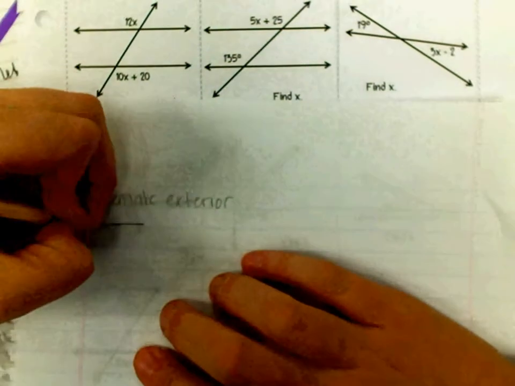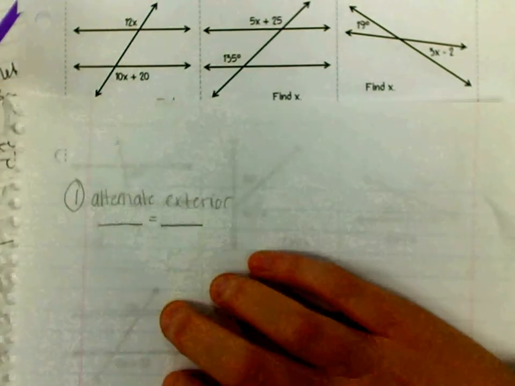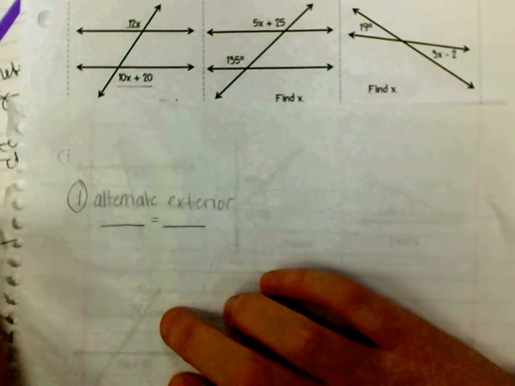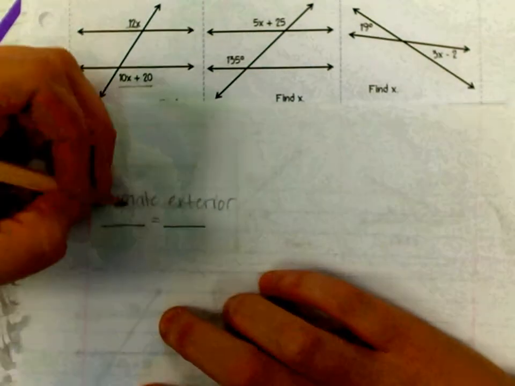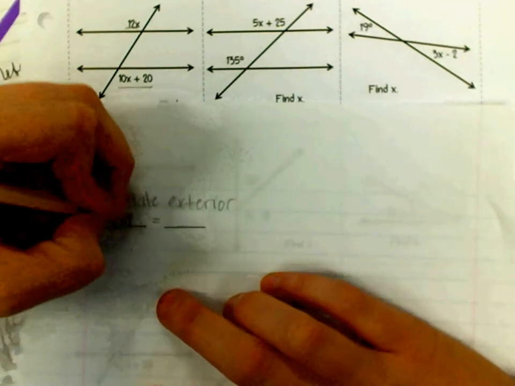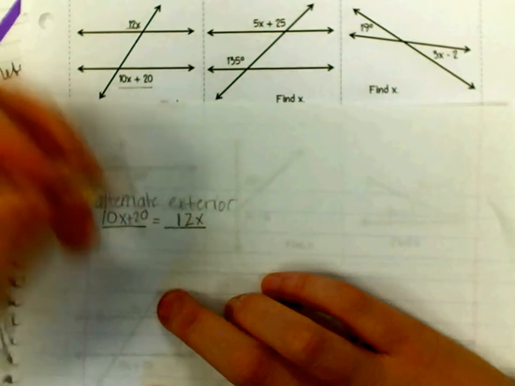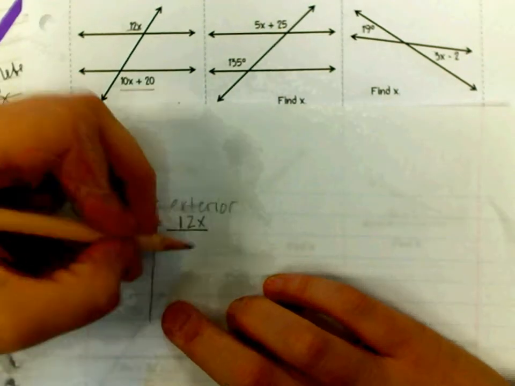So we set it up like this. Blank equals blank. And in the blanks, you just put the expression that's inside the angle. And just make them equal each other. 10x plus 20 equals 12x. Variables, constants,